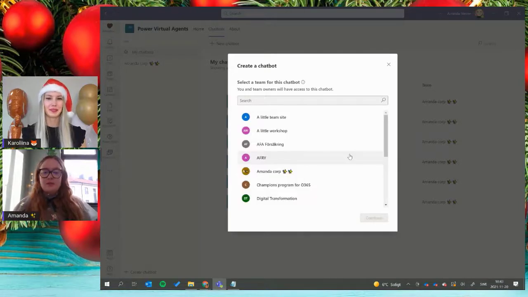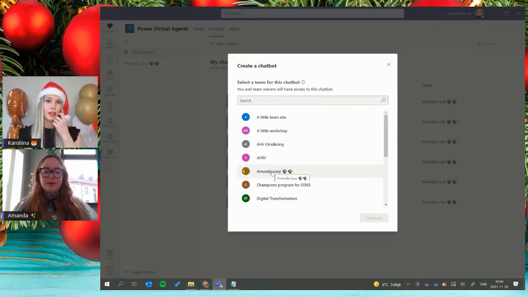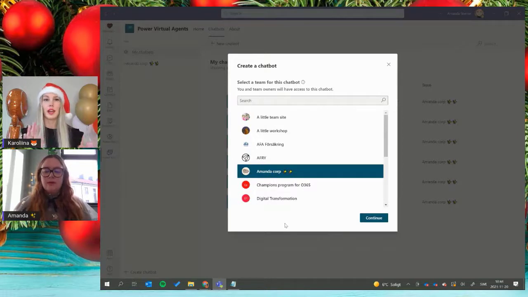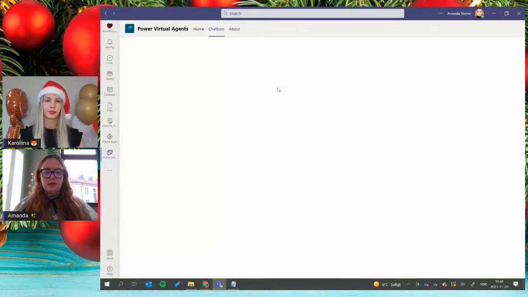And here we have the first thing we have to keep in mind when playing with this, and that's a bot needs to be created for a team. So we need to have a team where the bot can live, and this has to do with Dataverse routines. We'll not talk about that, but you need a team. So that's the first limitation for PVAs for Teams, that it needs to have the team context. It's not available right away for everyone in the organization. Yeah. So I'm going to pick Amanda Corp,